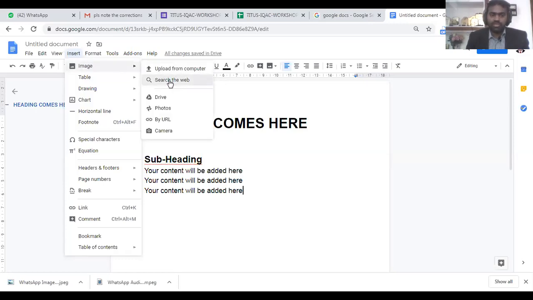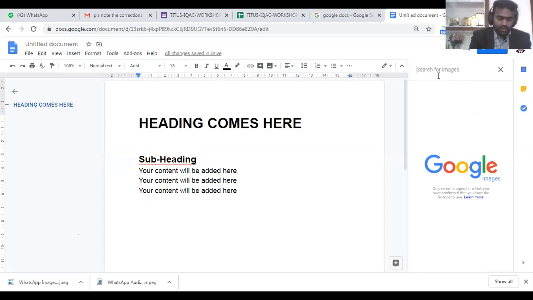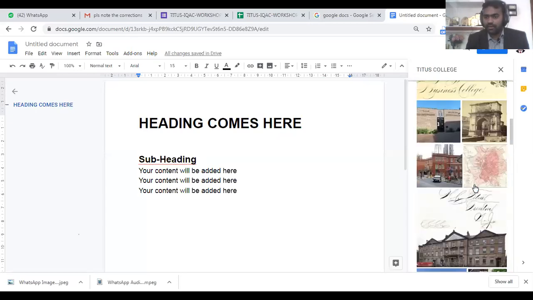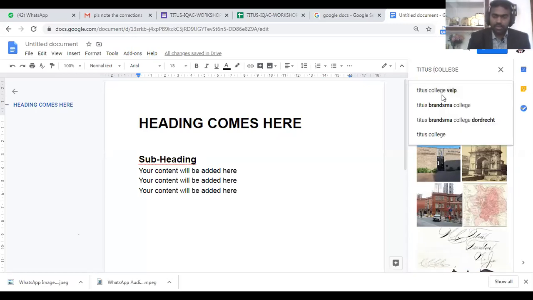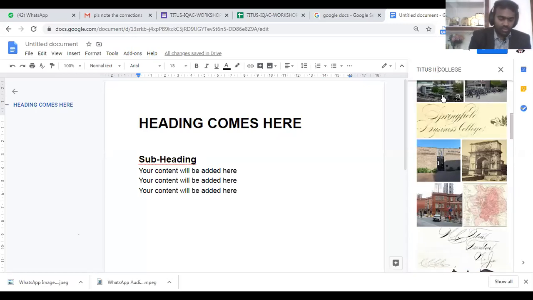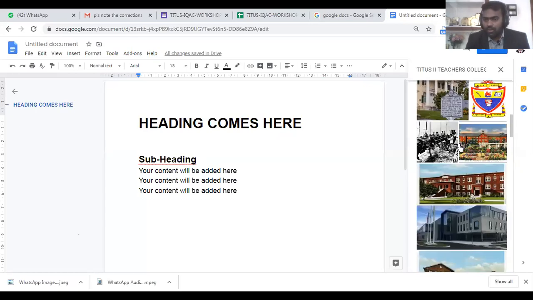Then for image, you go to search the web. Here you have the option directly, you can search on the web through Google Image. Now if I need some images of Titus College, I'll type Titus Teachers College specifically, so that I'll get that image, I hope.